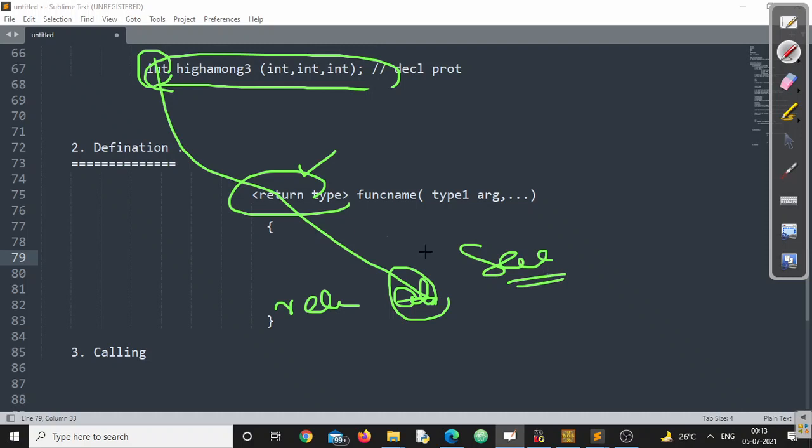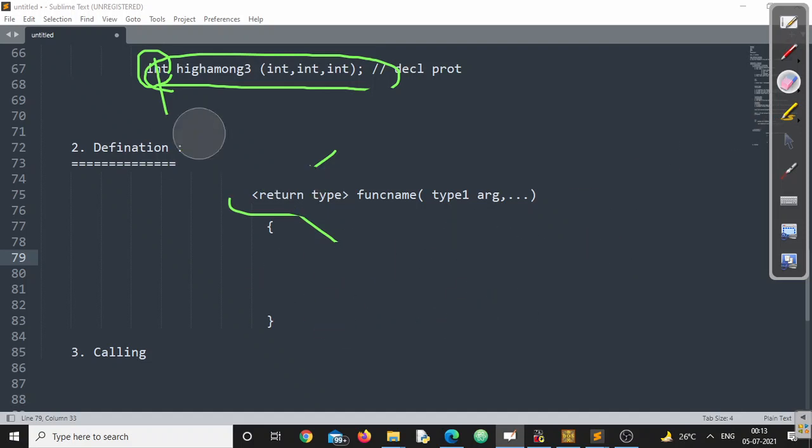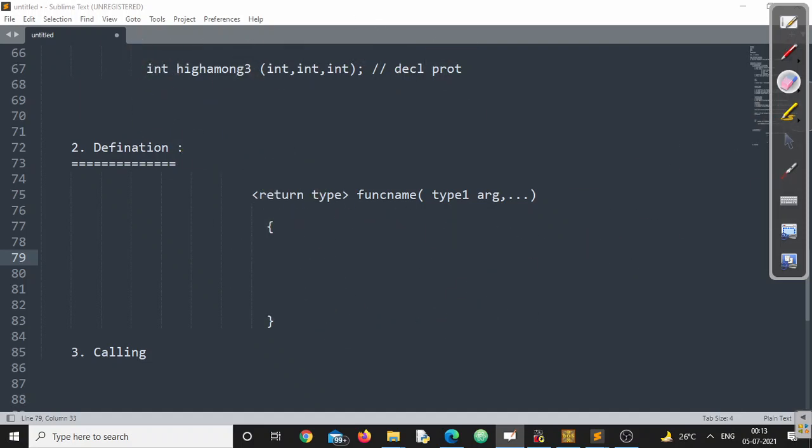Remember this point. If these are void, you can write only return, no problem at all. But if you write integer here, make sure int will be here. Make sure in the return statement you are writing one int variable. So all these 3-4 points you need to understand before writing any function, right? This is what it is all about a function.